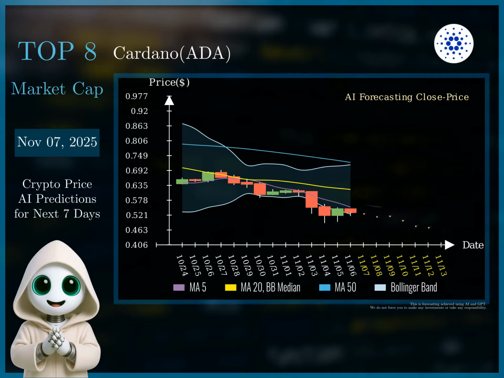My proposed strategy involves a long position at $0.473, coinciding with the forecast price and the lower Bollinger Band. A stop loss should be placed at $0.459, just below the forecast price for the next day, to limit potential losses. The target price is set at $0.5, aligning with the forecast price for November 10, 2025. This strategy leverages the oversold RSI and the proximity to the lower Bollinger Band to capitalize on a potential short-term price correction. This is a high-risk, high-reward strategy, suitable for traders with a tolerance for volatility and a focus on short-term gains.